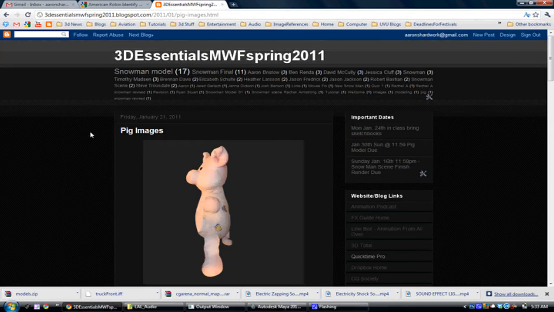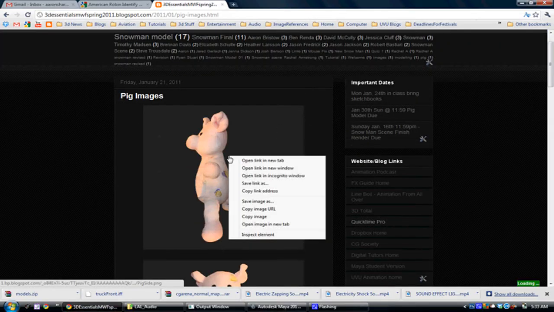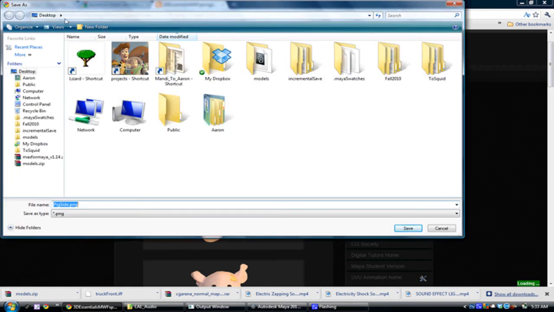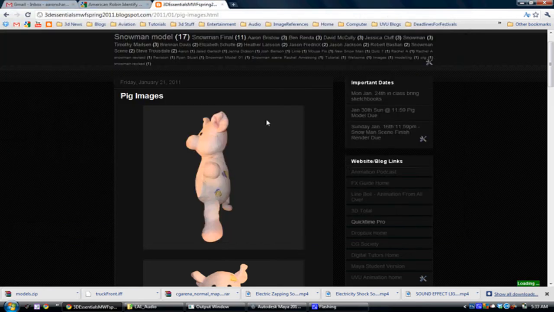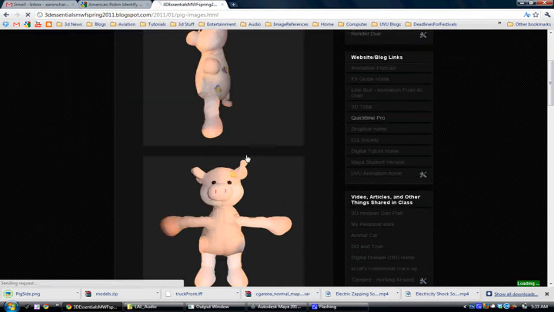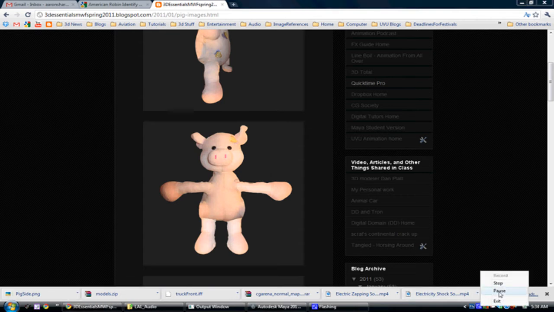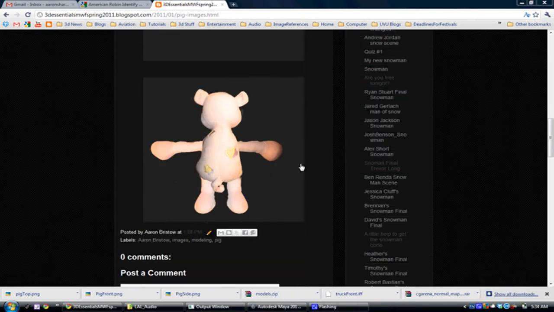are found on the blog. And you just right click on the image, save image as, and then save them. Okay, go through and save these 4 photos. Okay, I actually added the back one just as a reference, but we will not be adding that one into